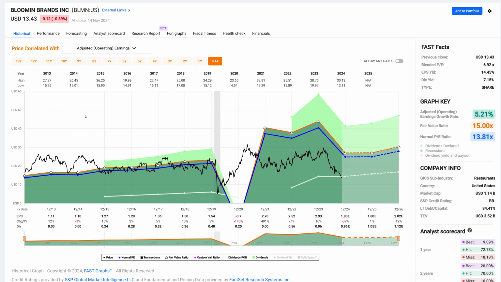Outback Steakhouse. Now, obviously during COVID, like a lot of restaurants, the company was not able to open their doors, especially the ones in the malls. And of course, we saw this huge drop in earnings. We saw an elimination of the dividend, and we also saw this huge drop in the stock price. But then we saw this very swift recovery as everybody started coming out of COVID.